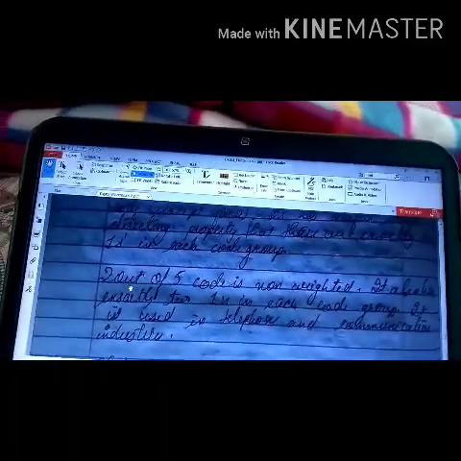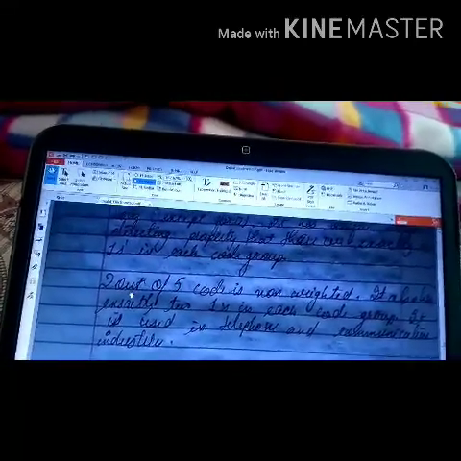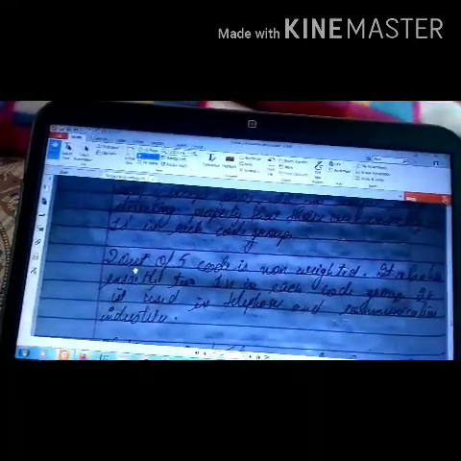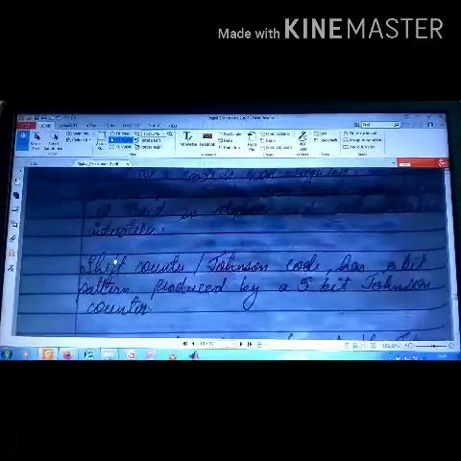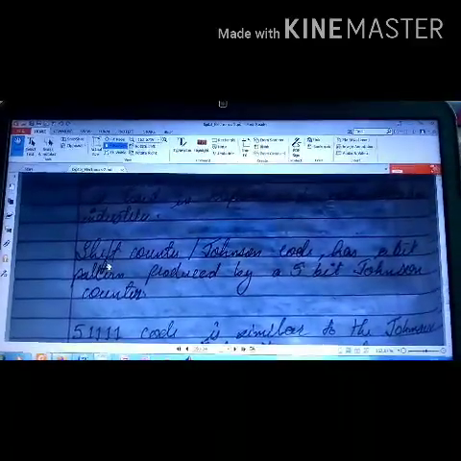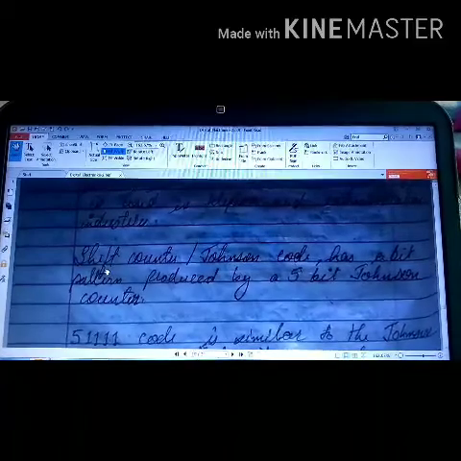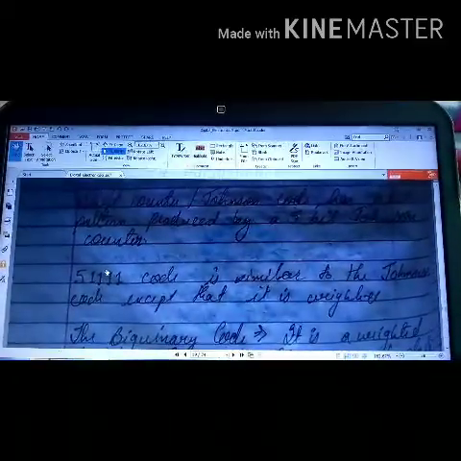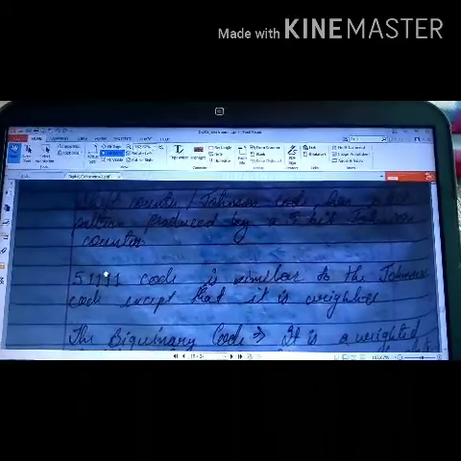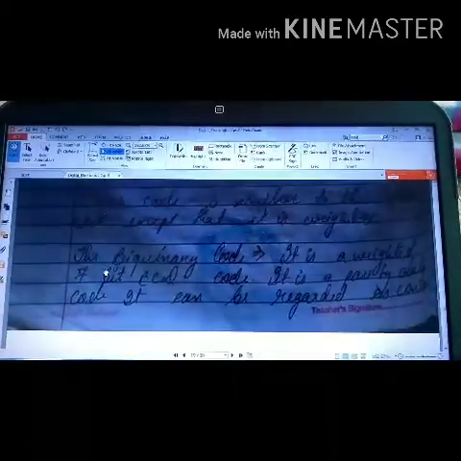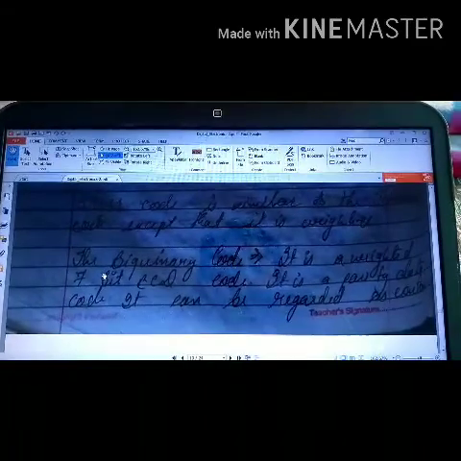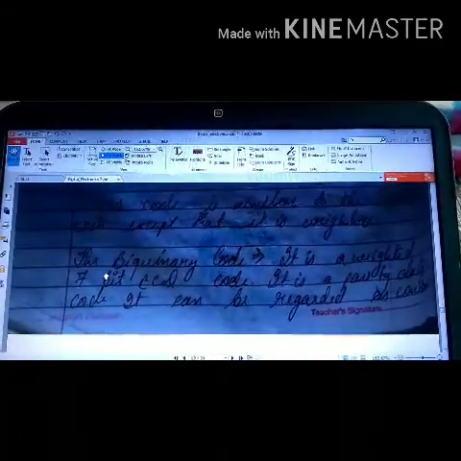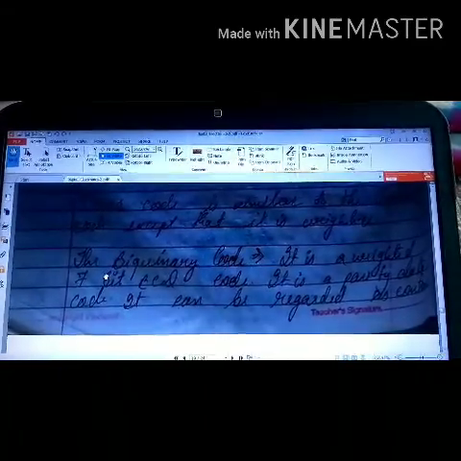Okay. Now shift counter or Johnson counter code has a pattern produced by the 5-bit Johnson counter. 51111 code is similar to the Johnson code except that it is weighted. The biquinary code is a weighted 7-bit BCD code. It is a parity data code. It can be regarded as containing a 2-bit subgroup and a 5-bit subgroup.